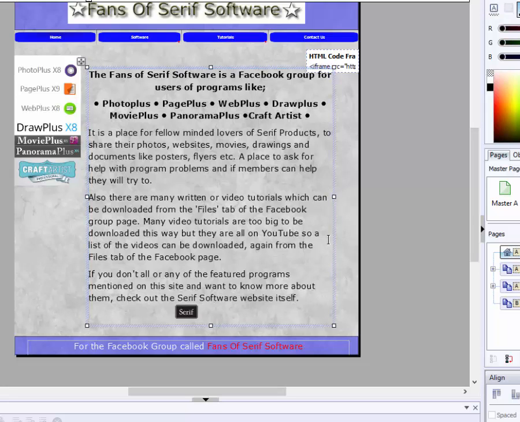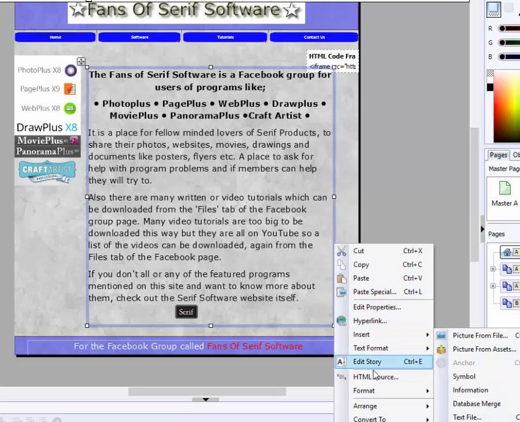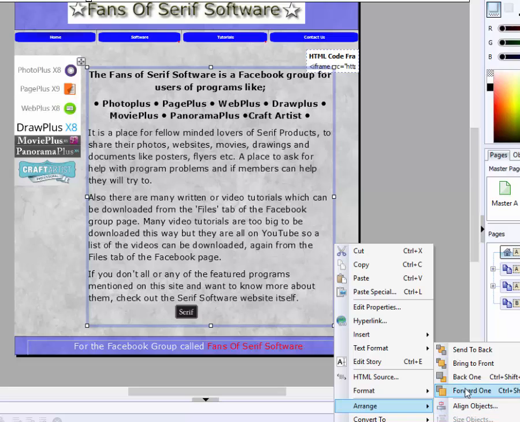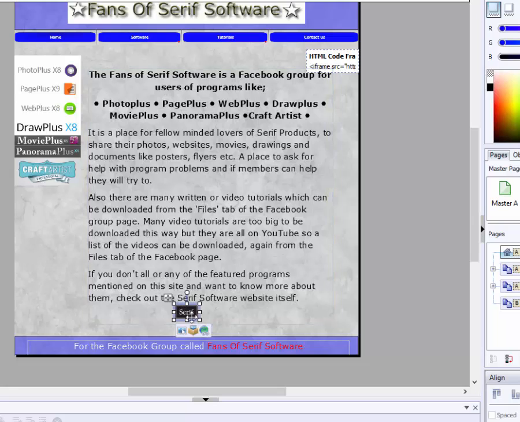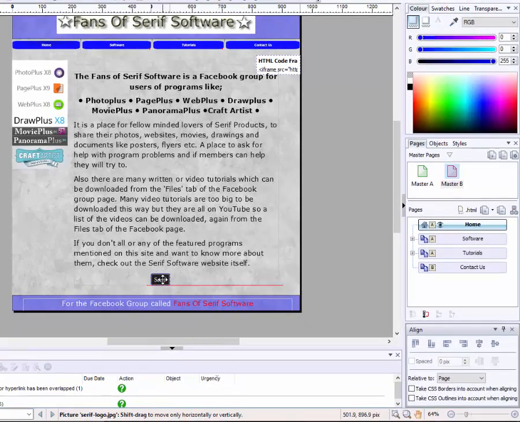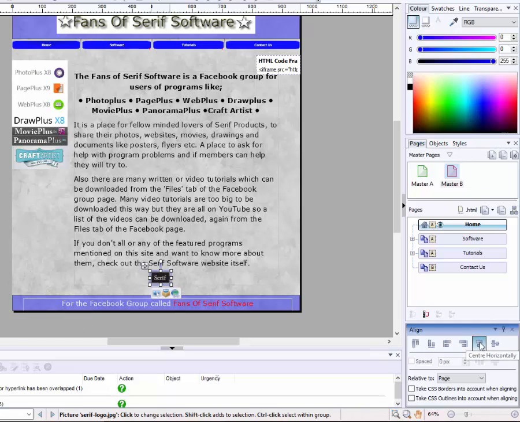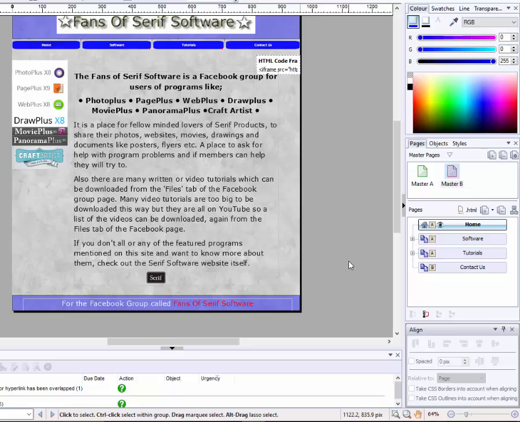Oh, let's send this box to the back. Arrange. Go back one. So hopefully I can now grab hold of the serif logo. And I'll just use the arrow keys just to nudge it up a few steps at a time, and then align in the center again,